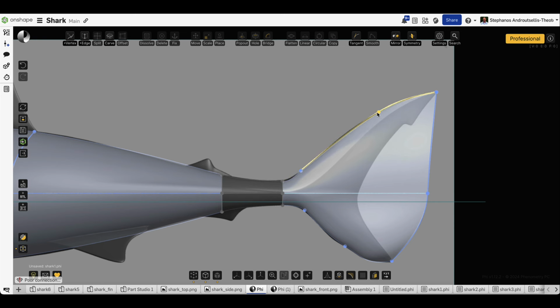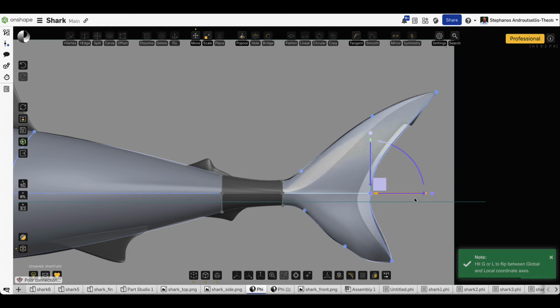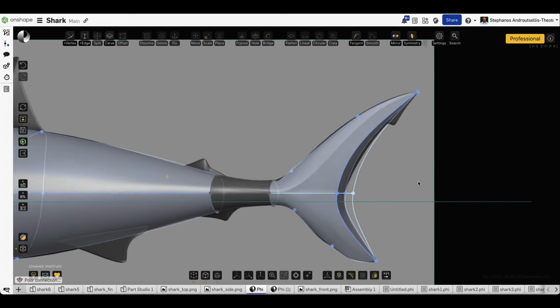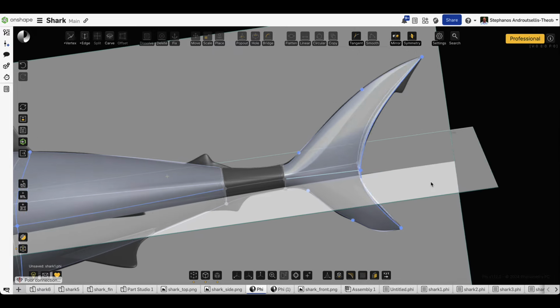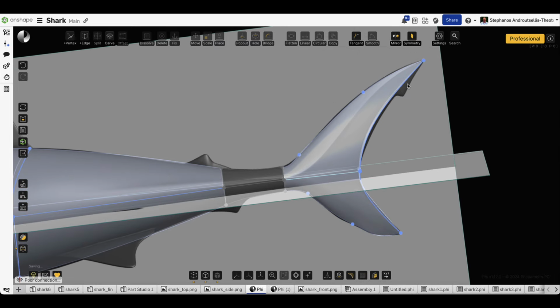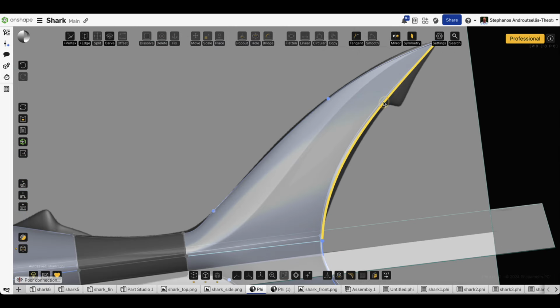Anyway, I keep going. This is completely free form work, so you can just go in and adjust things as you want. By the way, one quick mention that so far I haven't been using symmetry at all. That's just my way of working. Here I will do a